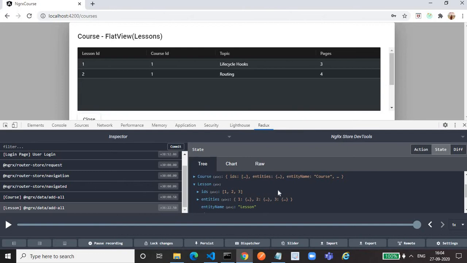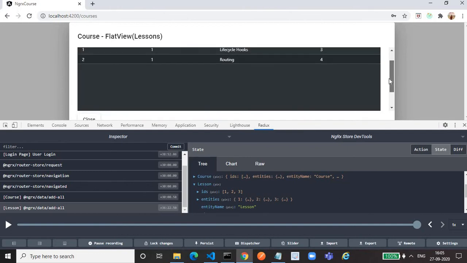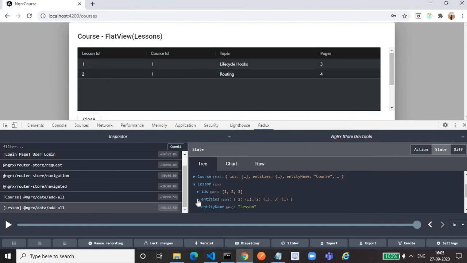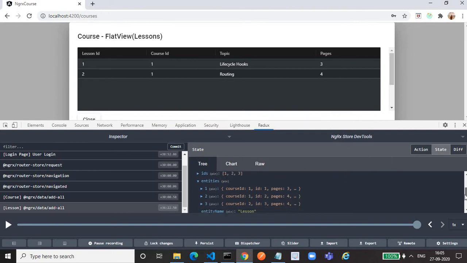It is showing 3 IDs, maybe somewhere, we'll see that later. The main concept is that it will show the ID and the corresponding entity. Okay, by mistake I have given a different ID for the same course.